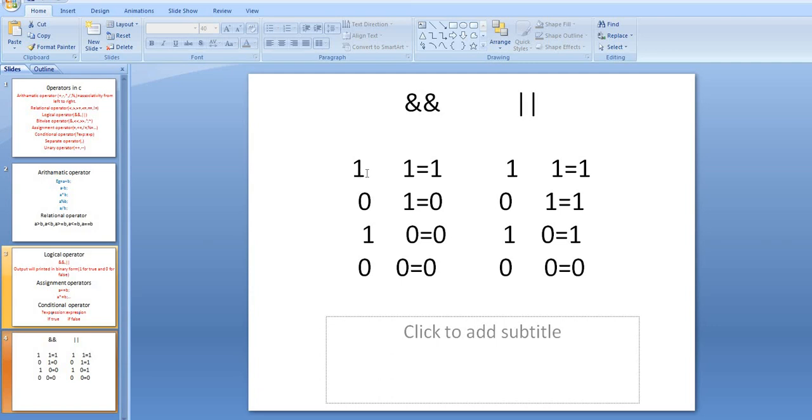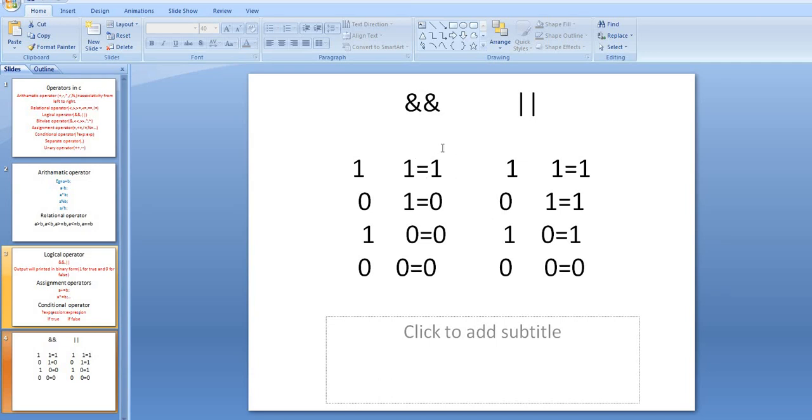So if a is equal to 1 and a is equal to 2, the output will be 1 because both are true. a is equal to 2 is an integer, that is true, and if we take any other value like 4, that's also true. So true and true is true, that is 1 1 is 1, 0 1 is 0. You can see this table, you already know.